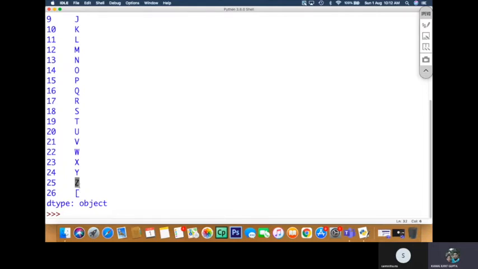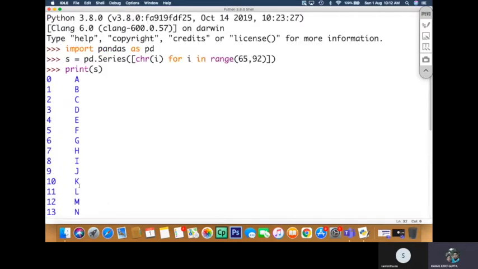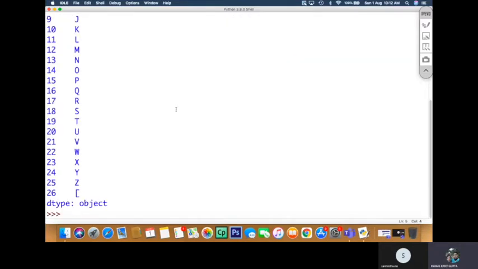We have started from 65, so we have to add 25, not 26. So we have wrongly calculated it. So it will go up to 91 only, so that it is coming up to 90, 65 to 90, that makes A to Z. So that was the mistake we made. So let us correct our mistake here.